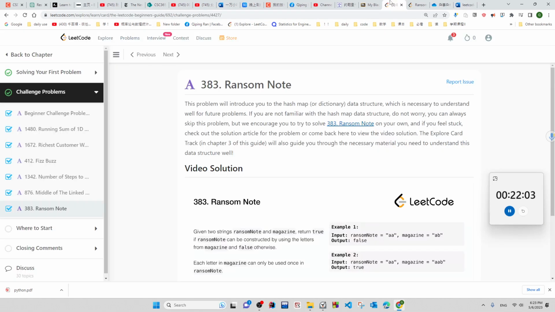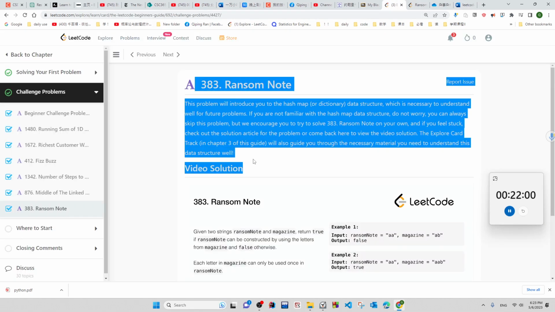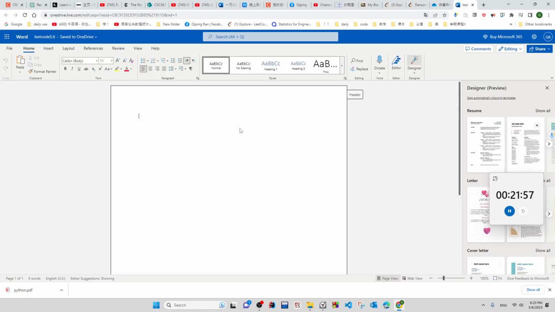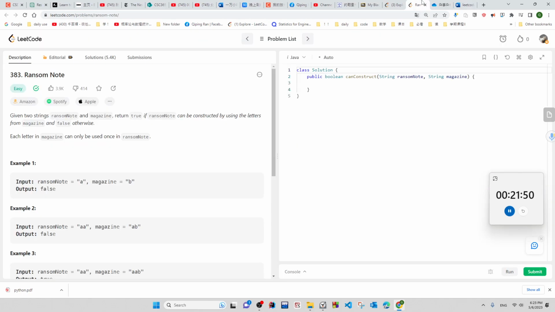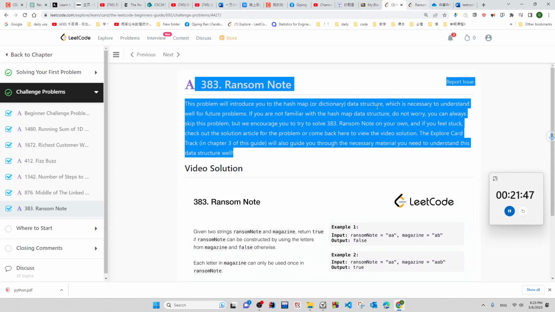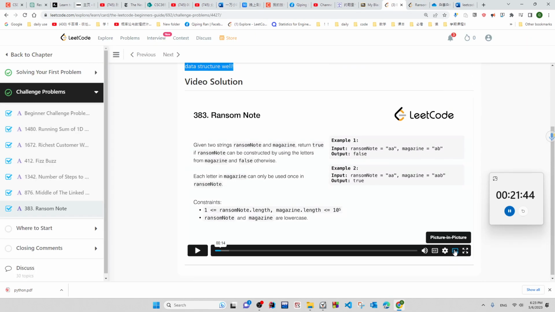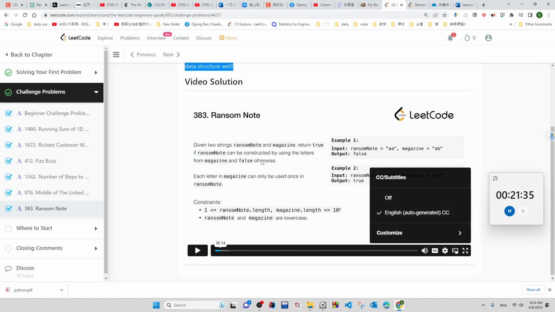OK，看一下说了什么东西。随机这个 notes 是吧？给两个，这不算一些杂志，假如他们可以背这个杂志那种关系。OK。